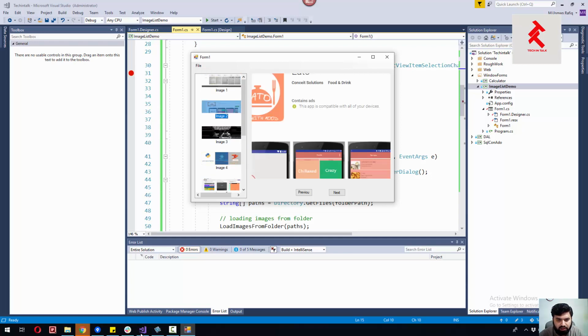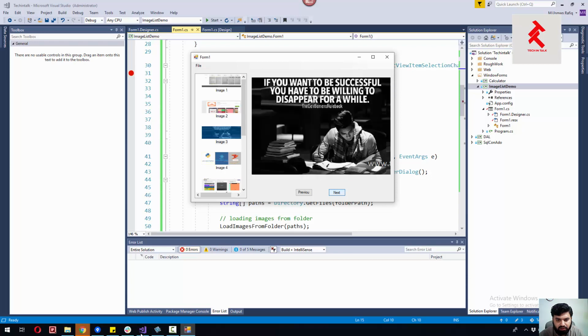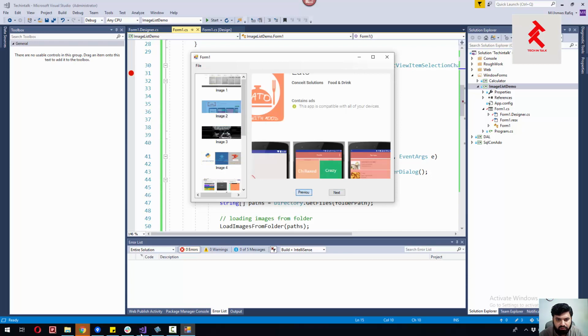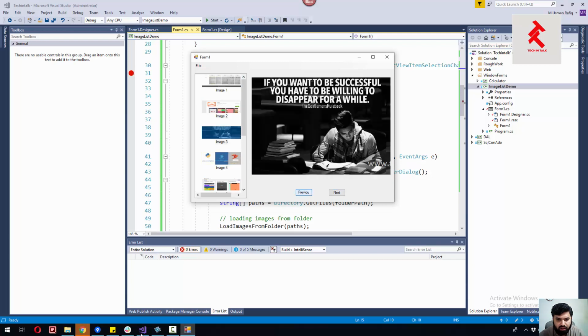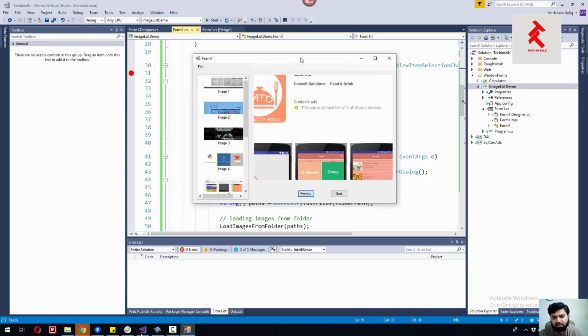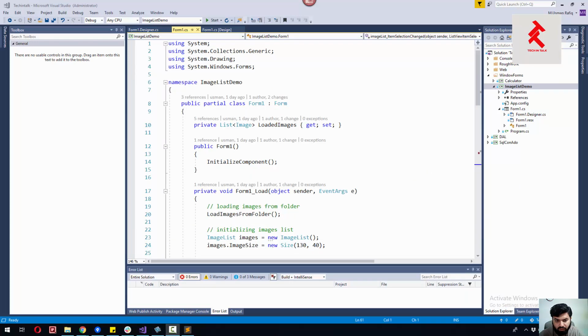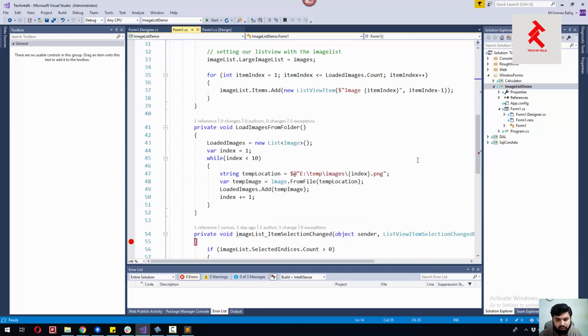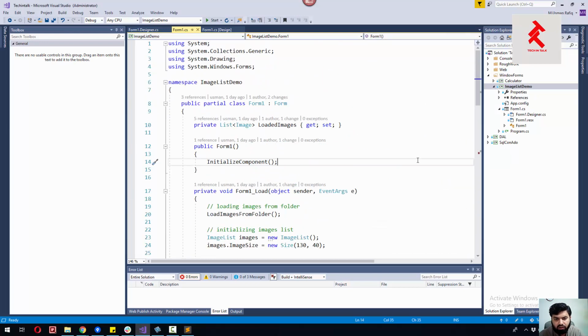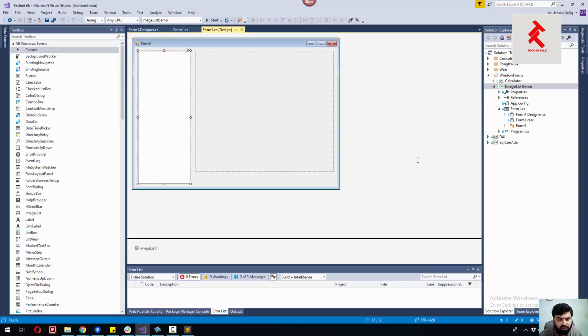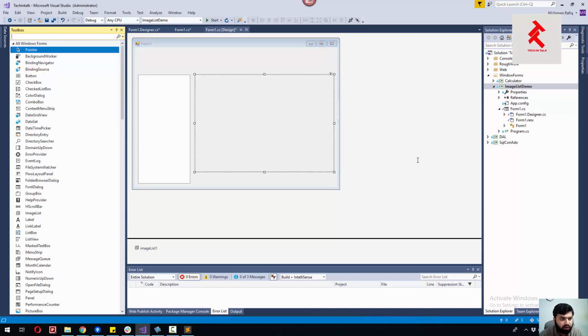So next thing is we implemented the next and previous functionality as well, right? You can see the selection is also changing with next and previous click. So in this tutorial let's see how to implement this thing, and let's get started. So yeah guys, we are here in code that we have written for the previous tutorial. So let's update this one, and first thing I'm gonna do is I'm going to add the menu toolbar here,